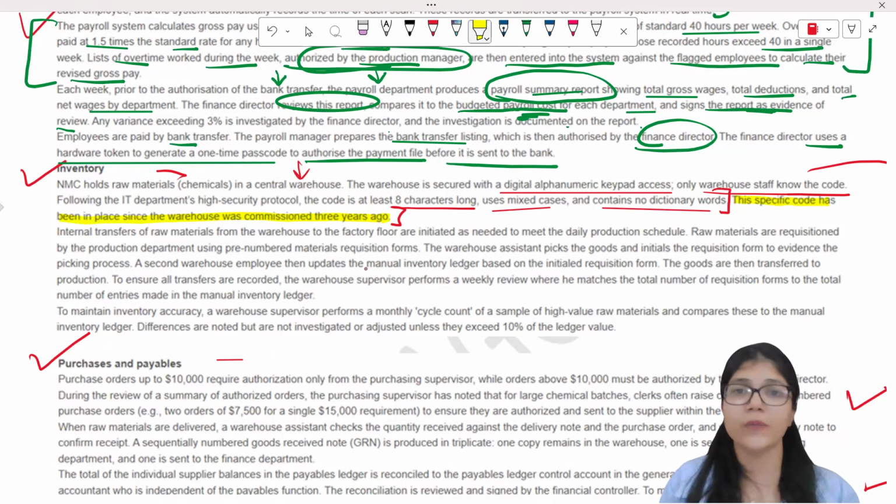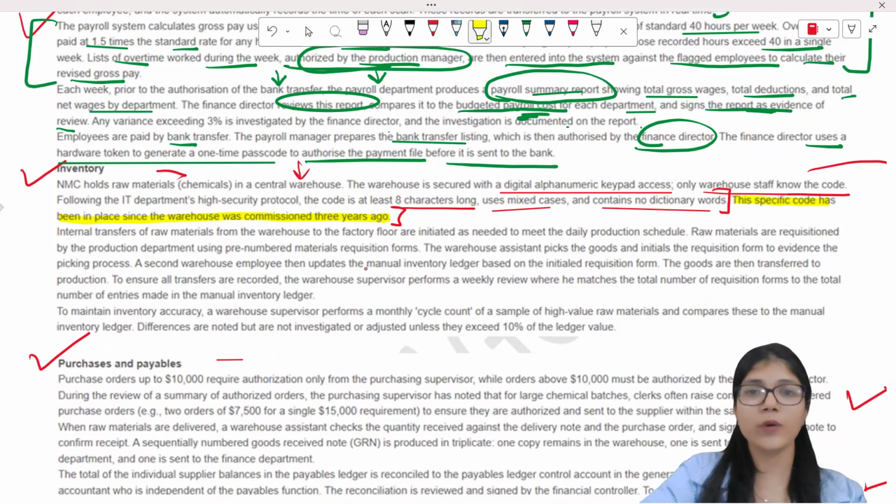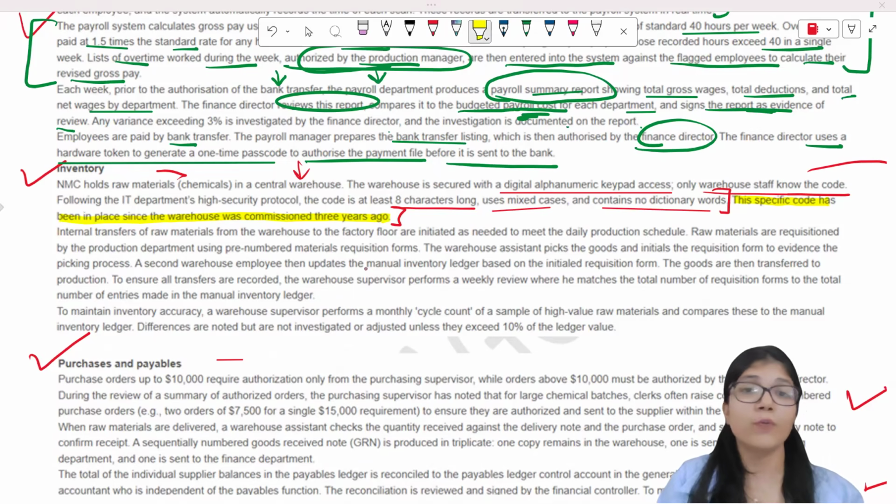Even your team's account or something, they always ask you, because there could be a scenario, because 3 years is a long period of time and all the warehouse staff already know it. So probably other people can also know about it, right? Even though it is unique, people can know about it because it is a static password, right? So it increases the risk that you might have unauthorized access to the warehouse, right? Which you do not want, which you cannot have, right?